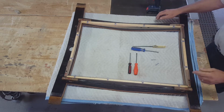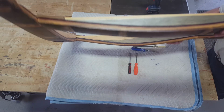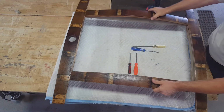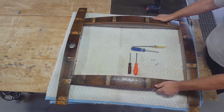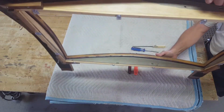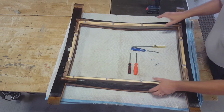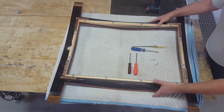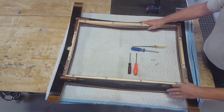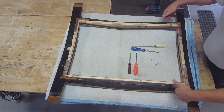Okay, so here is the wine barrel pitcher frame. I'll flip it over. This is what it looks like. Of course, if you have this in your house, then you know, but I just want to give you some orientation. So, to put this unit together, there are, let's see, 2, 4, 6, 8 screws that you'll need to install